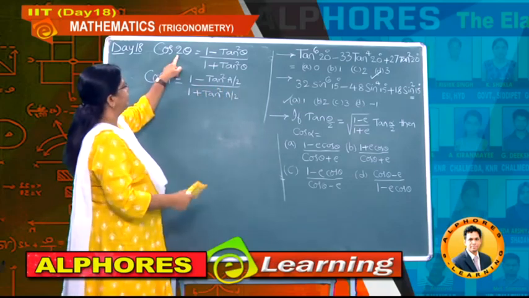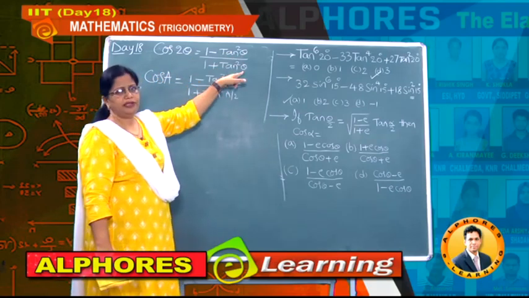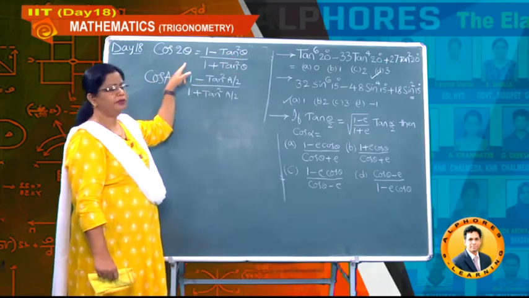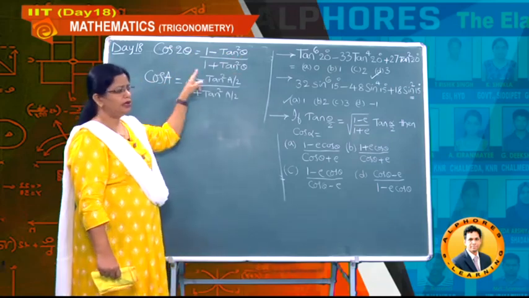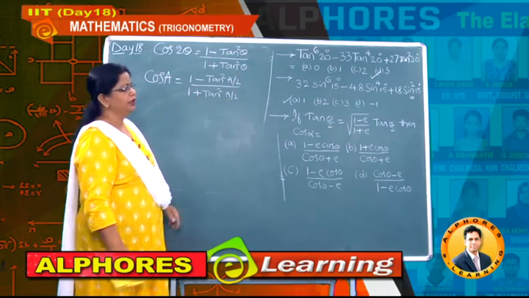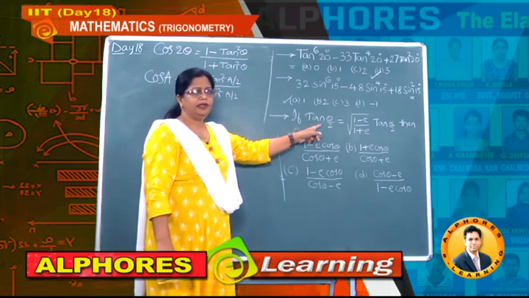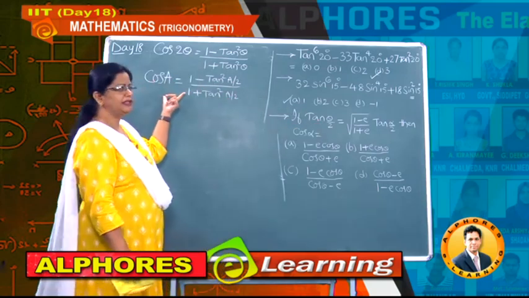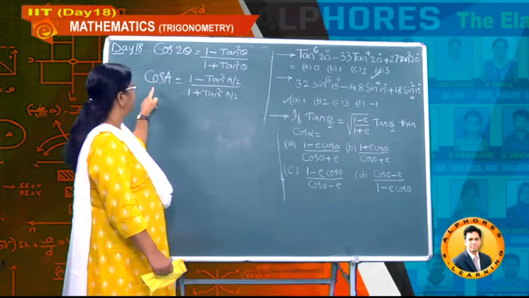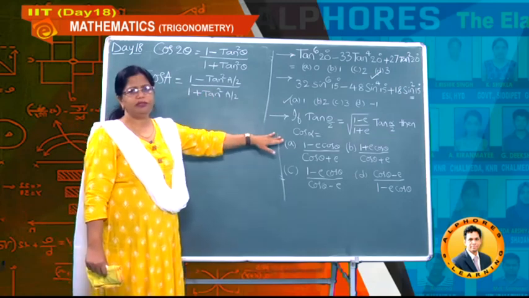Here you have taken 2 theta and in the result you are observing half of that angle. In the same way, I have taken A instead of 2 theta, then in the answer you got exactly half the angle, that is A by 2. So students, as the question is in terms of half angle, I want to make use of this result where these tan values you can easily convert in terms of cos. So based on this formula this problem is framed.